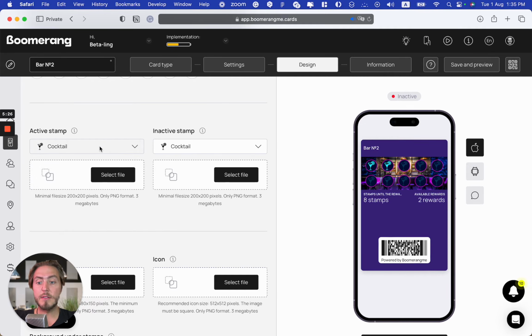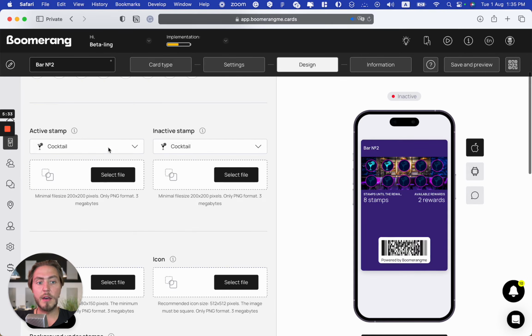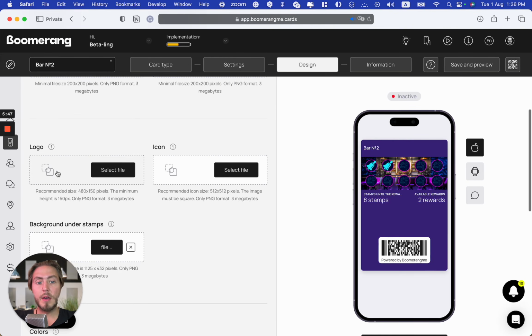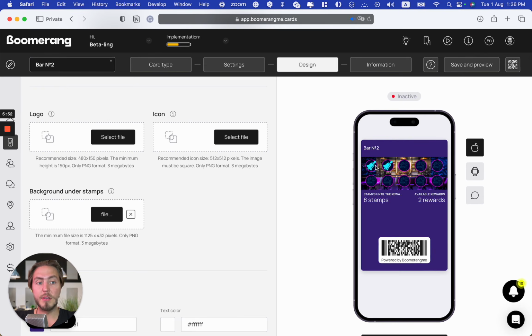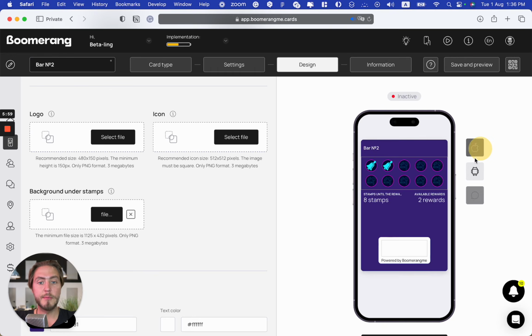For active and inactive stamps, you can use our own icons, hundreds of uploaded icons in our service, and you can customize your card appearance easily. Or if you want, you can upload your PNG file to completely customize active and inactive stamps. You can upload your logo in PNG format, icon in PNG format as well. Your icon will be shown on the push notifications near your company name.